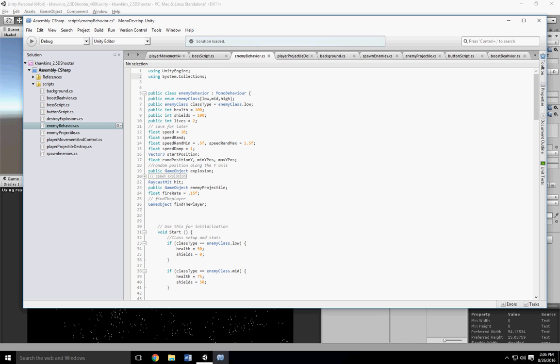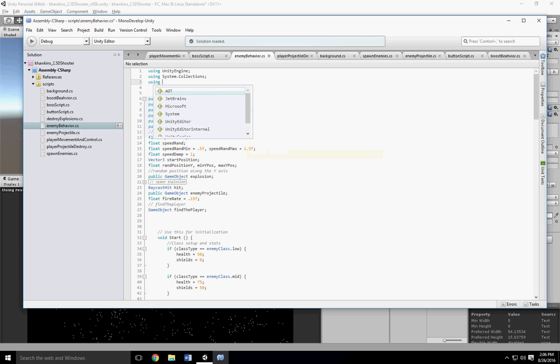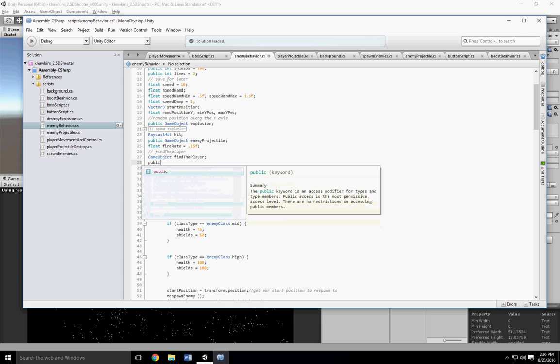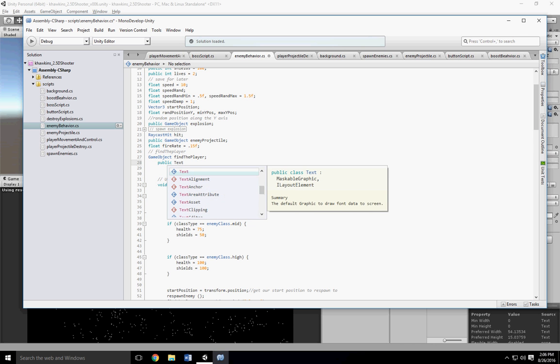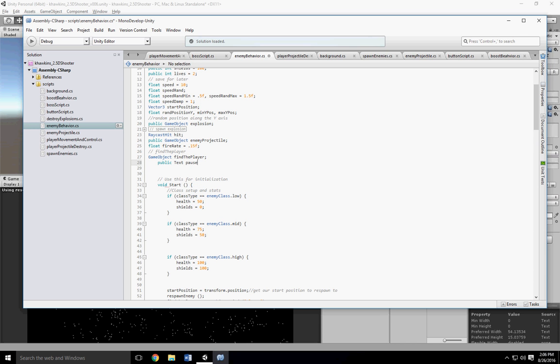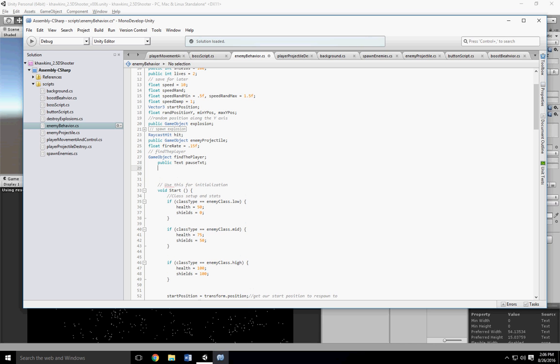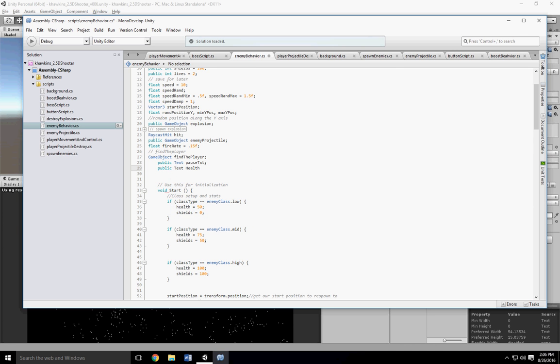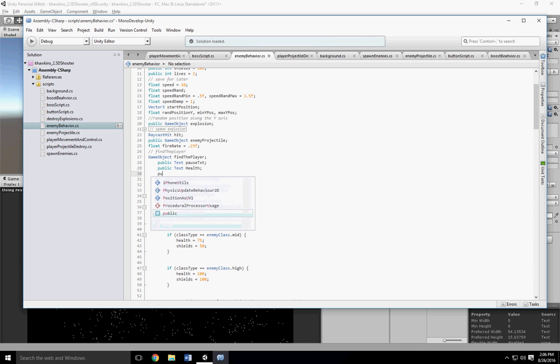Let's go ahead and using UnityEngine.UI. And then we'll put a public text pause text. Public text health. Public text